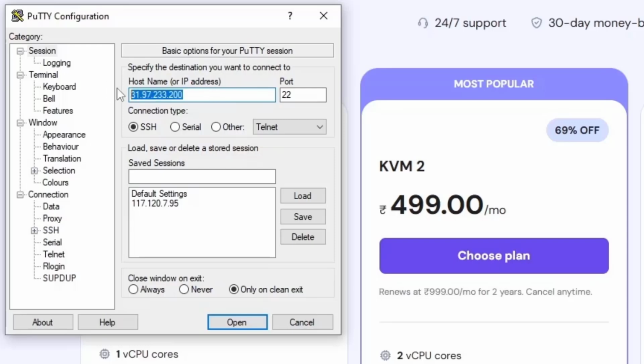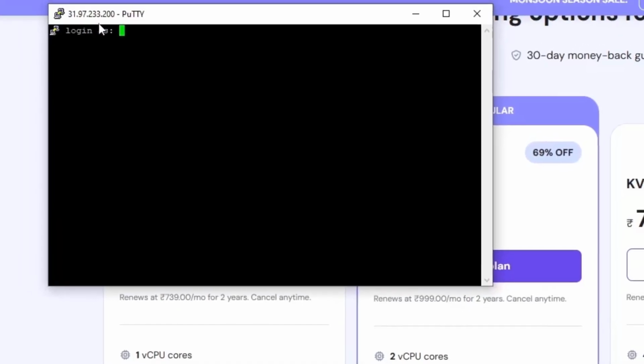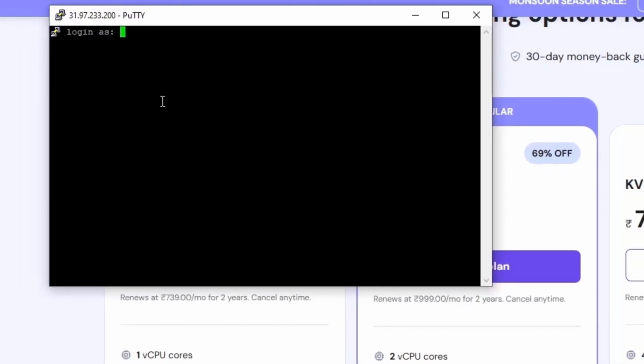So you write the IP address over here, click on open, and after that you will see this kind of terminal. Using this terminal you can access your remote PC which is on the cloud, right? So log in as root, my username is root, and then you write the password over here, and once you write the password, you will be logged in to your cloud where you can run whatever you want to perform.